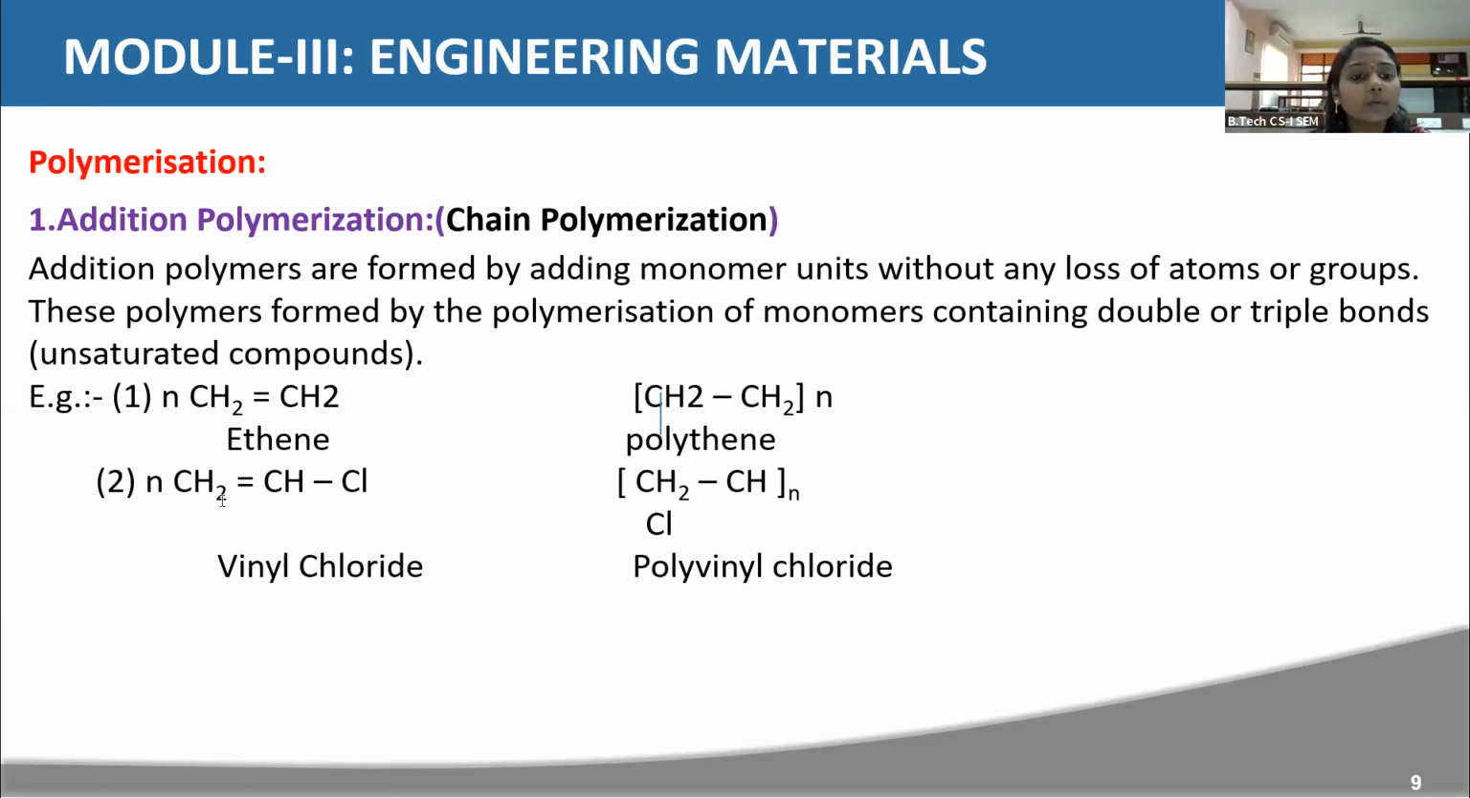The next one is vinyl chloride, CH2=CHCl. The chemical name is vinyl chloride. After polymerization we get polyvinyl chloride, with CH2 single bond CHCl. So like this we have to draw CH2, CHCl. It is called polyvinyl chloride. And the next one is